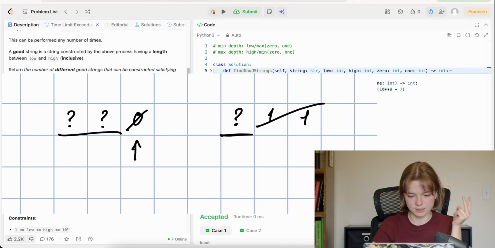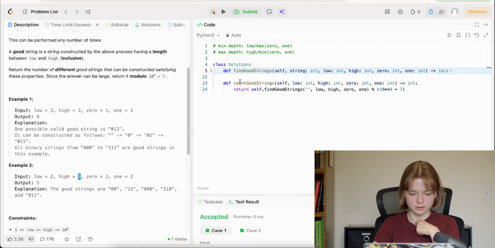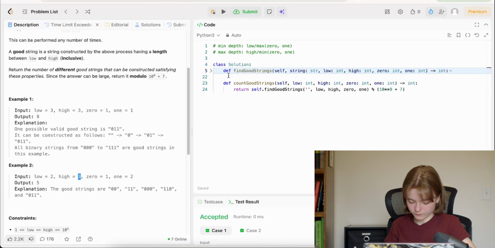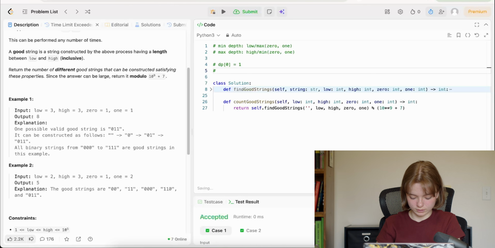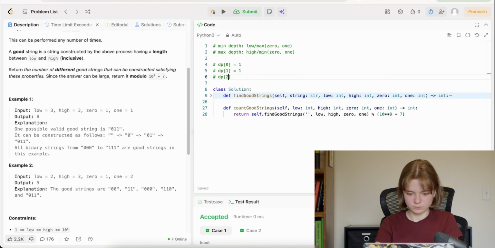And then our second step is to use it to go back. So how will we build our DP table first off? Well, obviously when we're building our DP table, do we want to be using our previous stuff? Yeah. At DP 0, it's 0. No, DP0 is 1. We have one way to do a string of length 1, and then DP1, we have one way to do it. DP2 is going to be 2 ways.